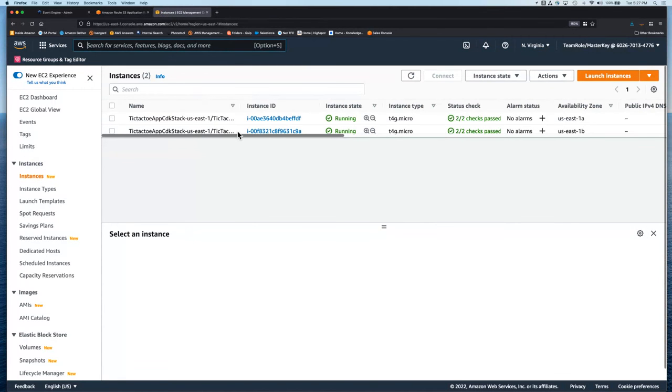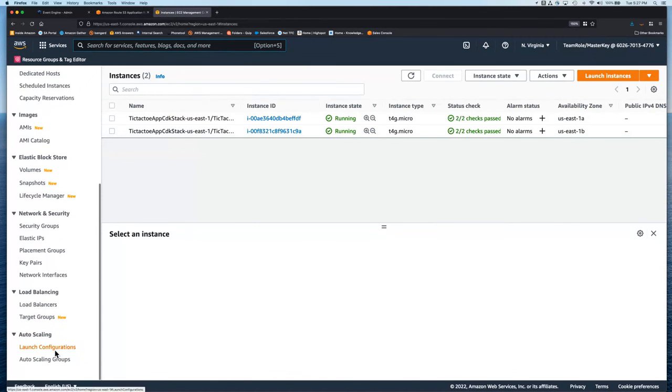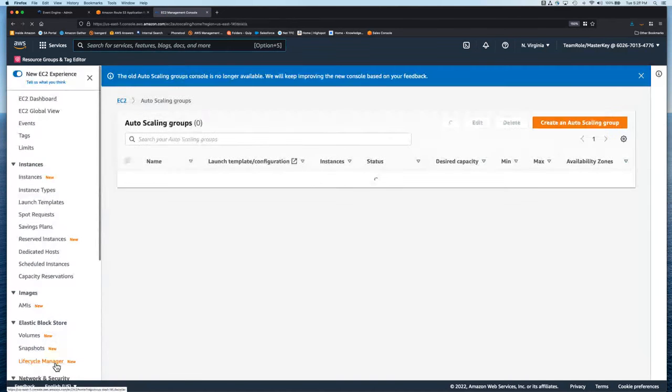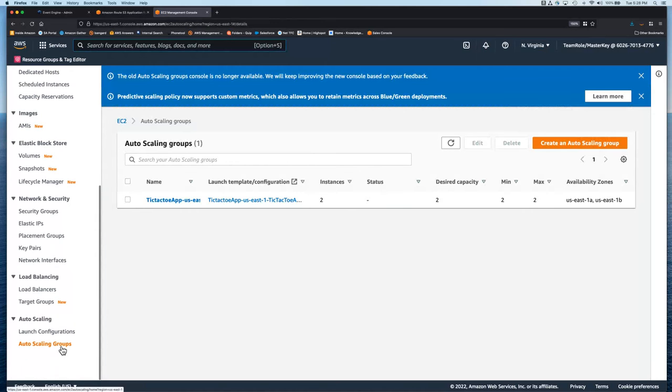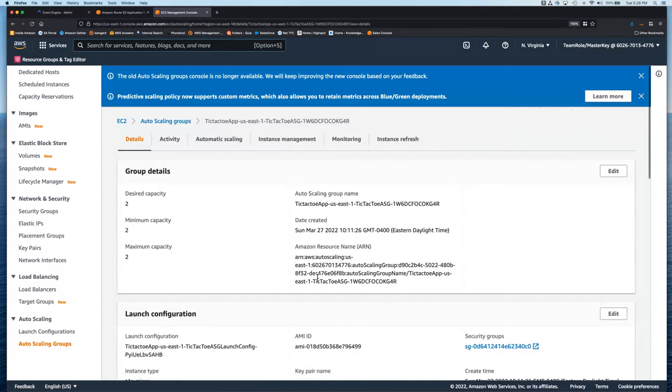And you can see that I have 2 instances running there supporting my application. Later on, we're going to share with you the URL for anybody that wants to play tic-tac-toe. But here I'm going to go into my auto scaling group, and you can see I have one here. And I'm going to get that ready because I'm going to need that ARN.